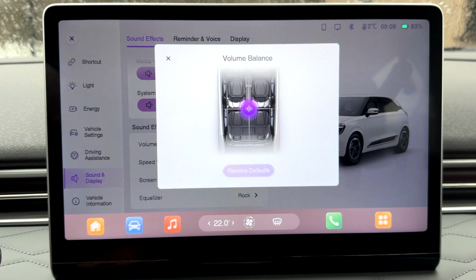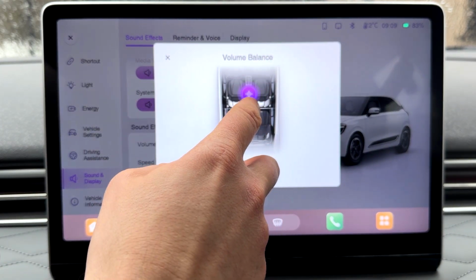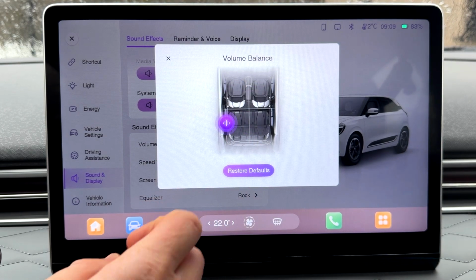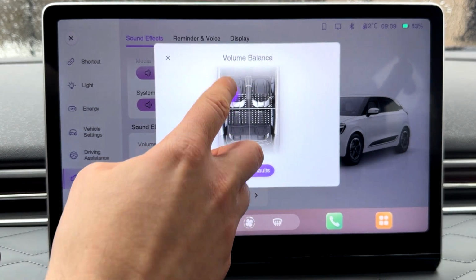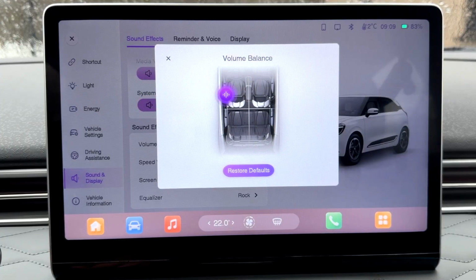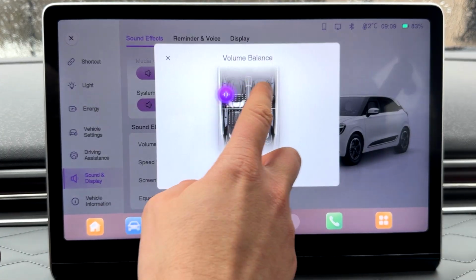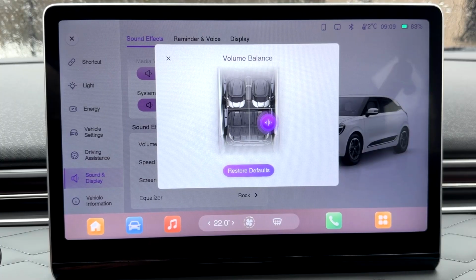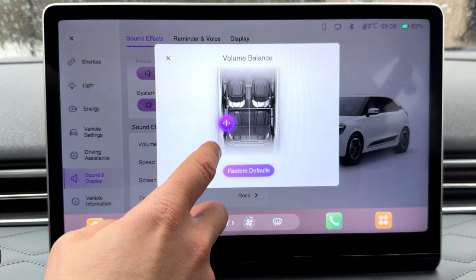So you can check out that you can move your volume balance here on the whole car. For example, you can set up volume balance on the driver's side, on the passenger side, or for example on your rear passengers. In my case, I will be driving this car myself, so I like to have volume balance